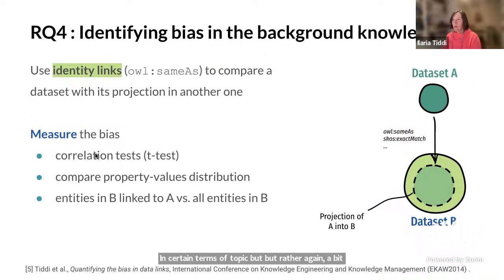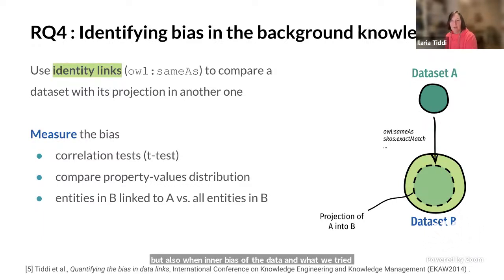Of course, we had to look into the bias in the data as well. So the results were not optimal. And as I said, we needed to deal both with incompleteness of the data, but also with inner bias of the data. And then what we tried to do was to